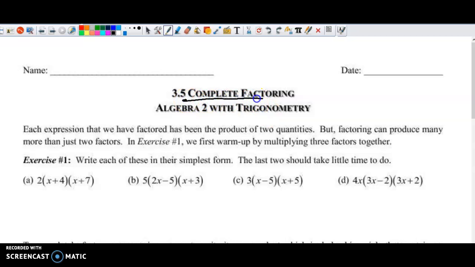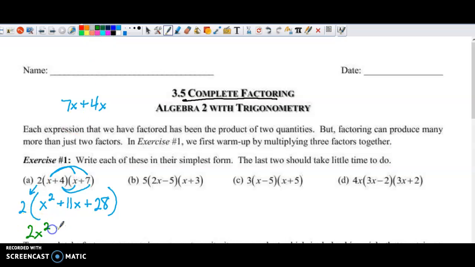The way I would do these complete factoring problems is to start by practicing the distributive property. So if we just think about distributing x squared, we would get 7x and 4x, so a total of 11x. I'm trying to save some space, and the last term of 4 times 7 is 28. But then you still have this 2 that's in front, and when you distribute that in, you get 2x squared